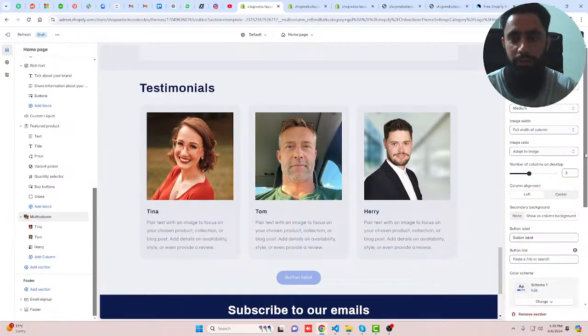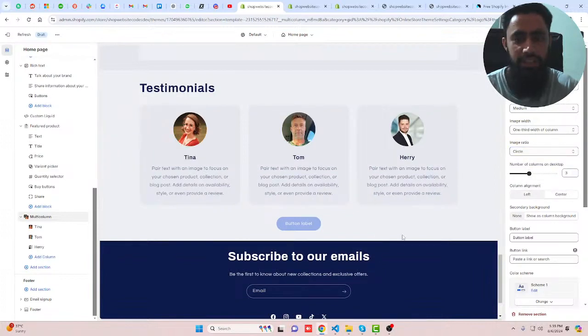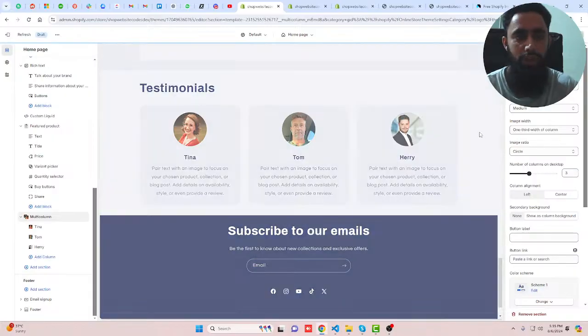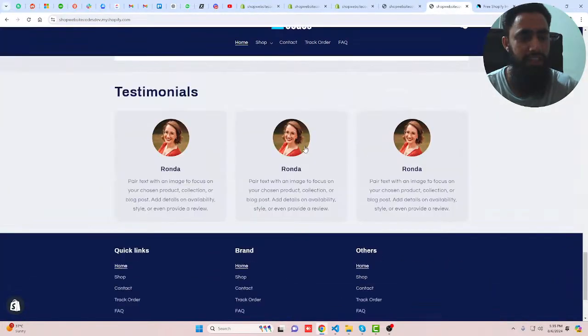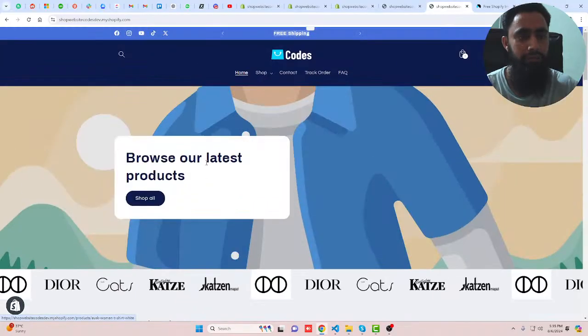Click on multiple column, and here you can actually we have 1/3 width. So let's make it circular, and let's make it center. So now you can see that we have everything here, and I'm going to remove that button. So this is looking more beautiful now. Can you see? Then after, we have another thing, which is like we should move ahead with the maybe collection